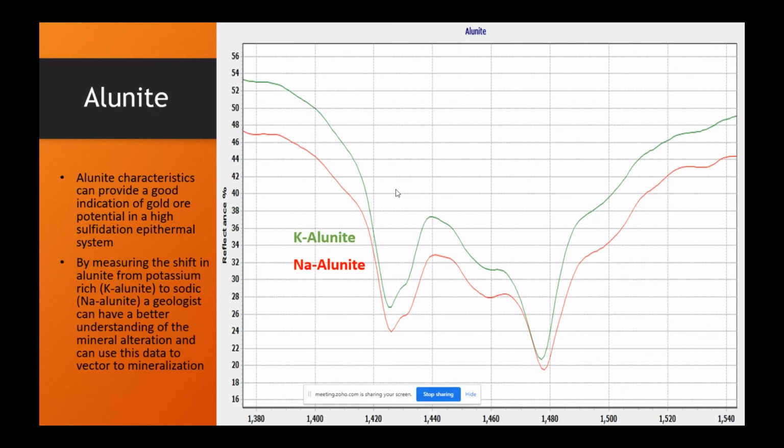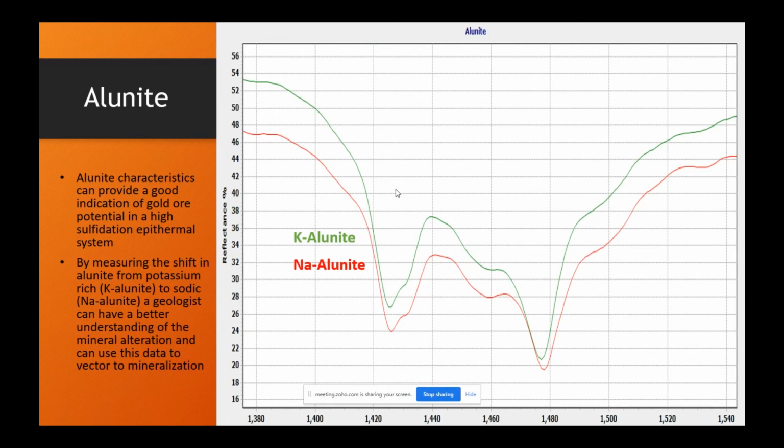So sulfates such as alunite and jarosite are common in these hydrothermal environments, and therefore they do have distinctive spectra. So these alunites actually have the potential to delineate zoning based on the chemical and temperature changes in that hydrothermal